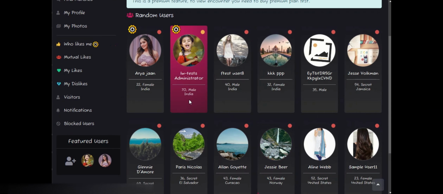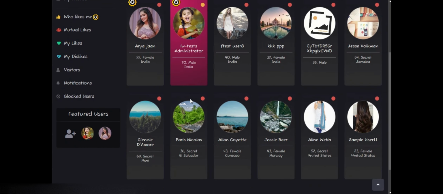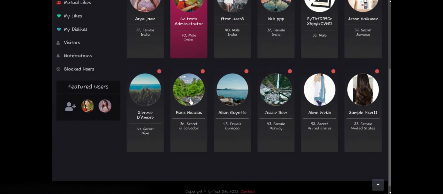If the No option is selected, then you cannot see admin in search results, encounter, random users, and featured users